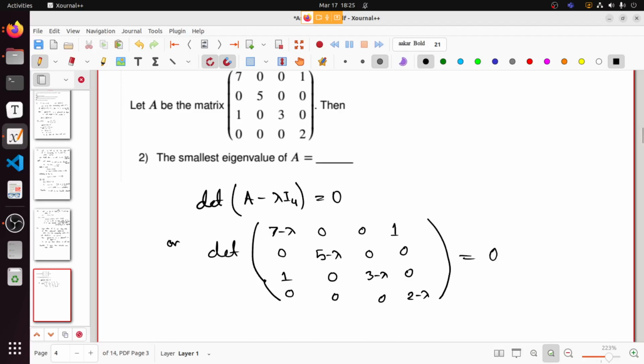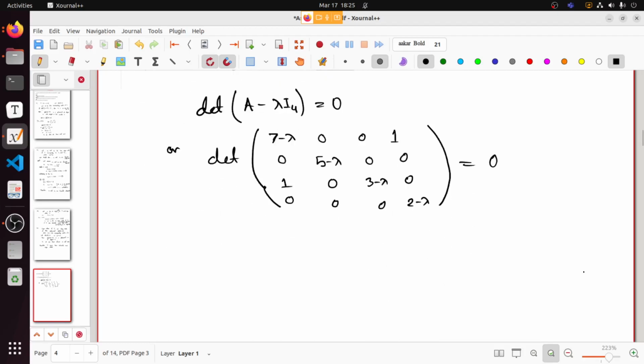Determinant of this matrix should be 0. Now from here you have to find the determinant of this matrix. In order to find the determinant, you just have to expand it with respect to any row, right? So let's expand it with respect to this row, 2 minus lambda. Then, if you expand the determinant, 2 minus lambda, fourth row, the determinant will correspond to this 7 minus lambda 0 0 0 5 minus lambda 0